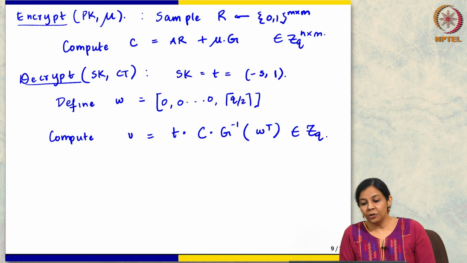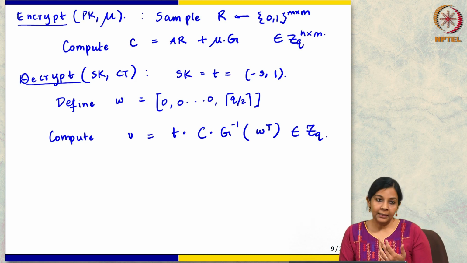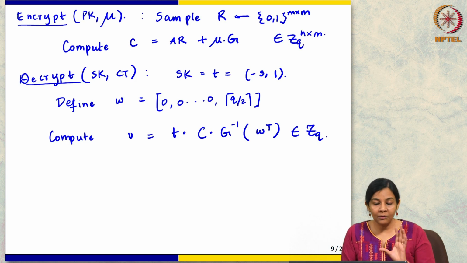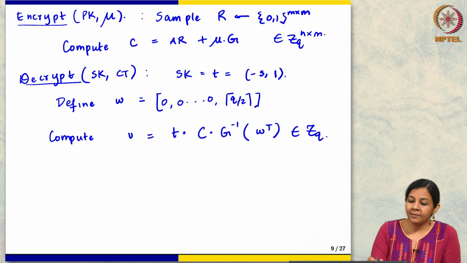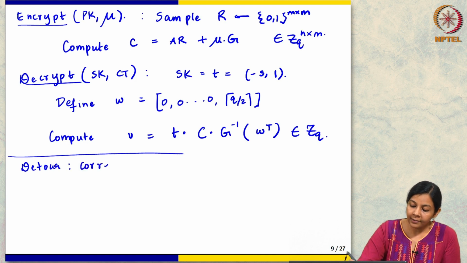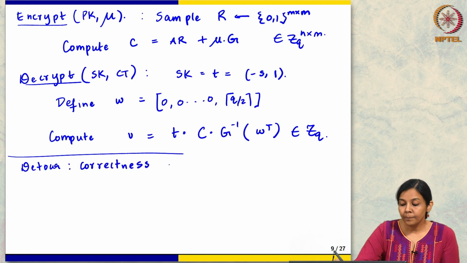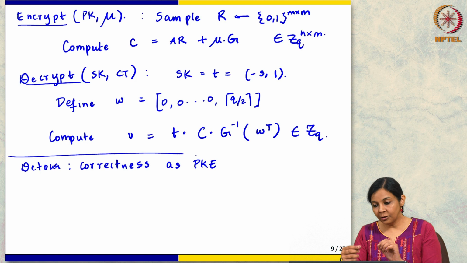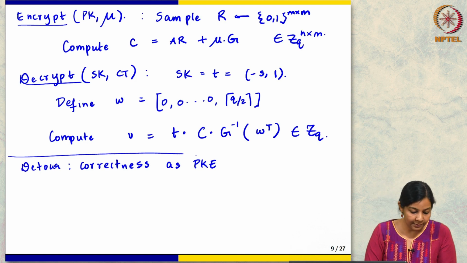Now, I have not shown you how evaluation works yet, okay, but it may be worthwhile to take a quick detour and see why this is even a general public key encryption scheme. In particular it is not immediately obvious that correctness should work over here, right. So, let us just take a quick detour and just establish correctness as PKE. So, now you will see how the choice of notation makes it quite simple.